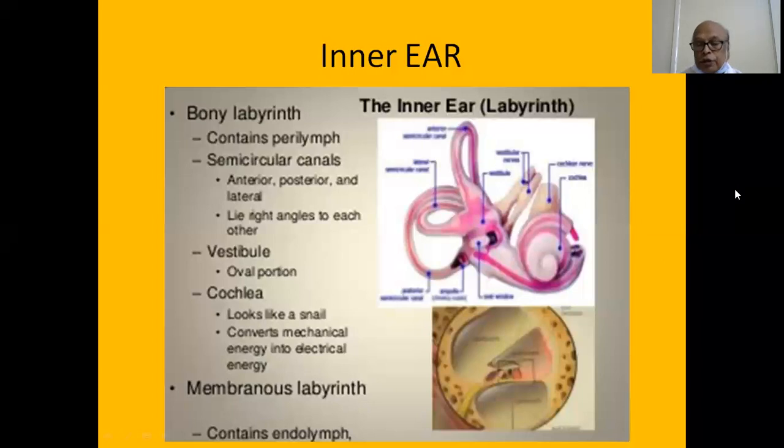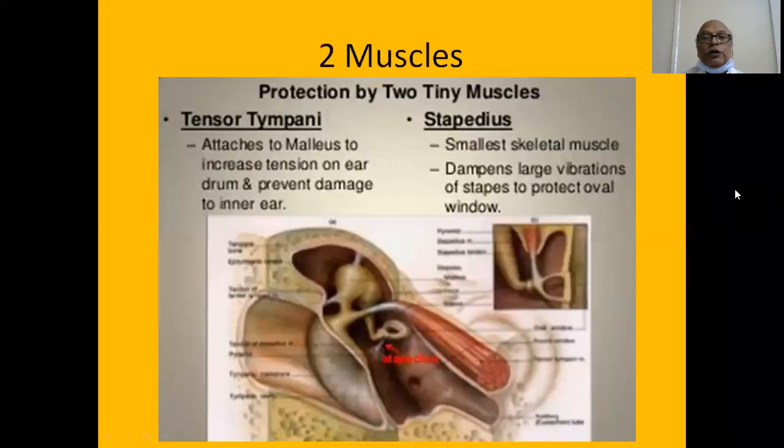And what about the inferior wall? The inferior wall of the middle ear cavity is separated from the jugular bulb by a thin plate of bone. Jugular bulb is very closely related to the floor of the middle ear cavity. Sometimes this thin bone may be dehiscent. So we should be very, very careful during ear surgery while elevating the drum. Sometimes you may see the angry looking jugular bulb in the middle ear cavity, which is dehiscent.